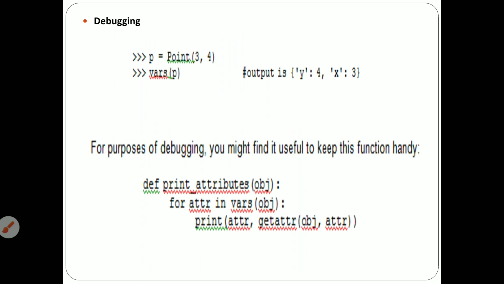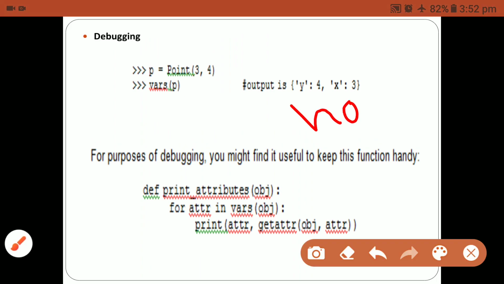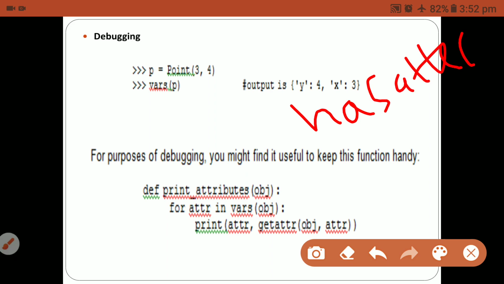So hasattr, like that we are using. So hasattr is a debugging method. Once again, it checks all the particular objects for the attributes.